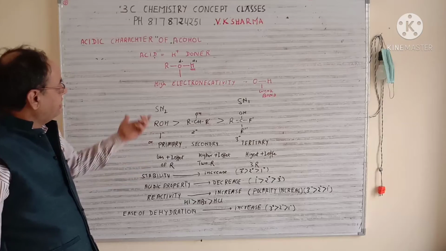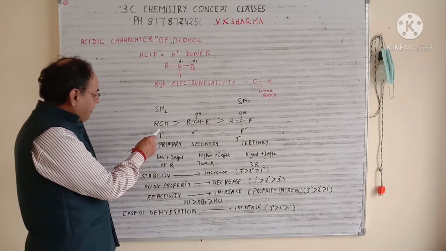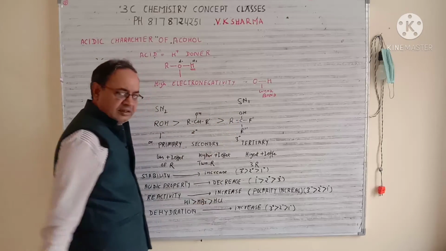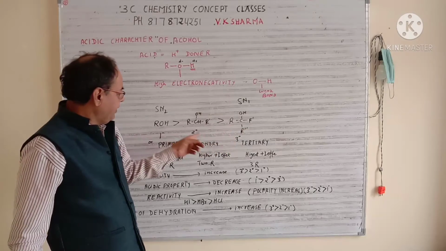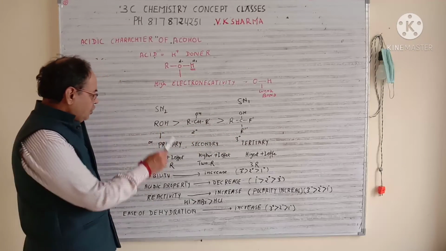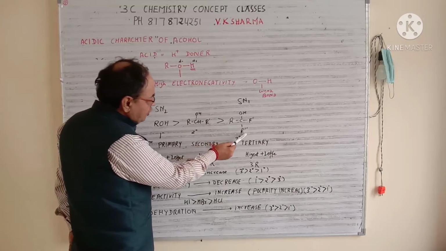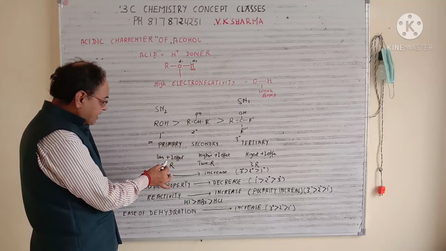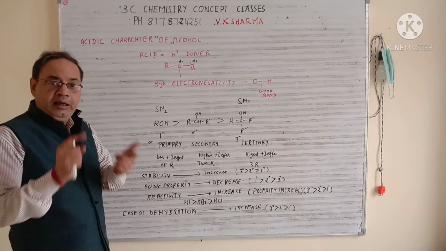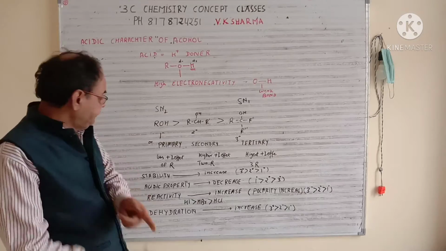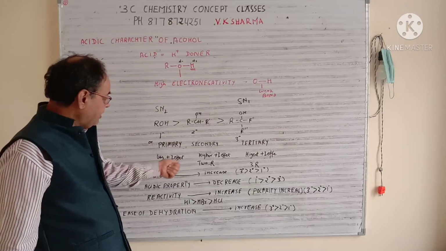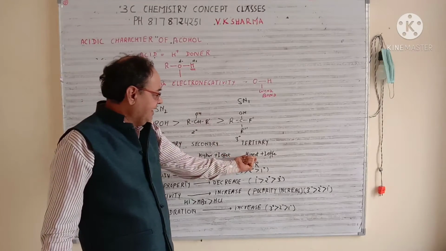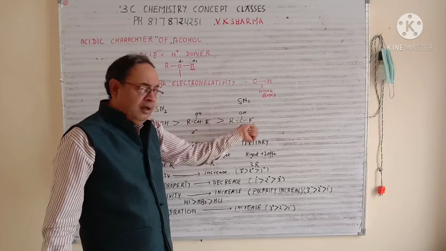Now, due to this acidic character and electronegativity of the OH, primary alcohol undergoes SN2 reaction, and tertiary alcohol undergoes SN1 reaction. So this is 3 carbon, this is 2 carbon, this is 1 carbon. This is primary alcohol, this is secondary alcohol, and this is tertiary alcohol. Now primary alcohol has a less positive I effect. An alkyl group always gives a positive I effect. So this gives you less positive I effect. This gives a little higher positive I effect because of the 2 alkyl groups, and this is the highest positive I effect because 3 alkyl groups are there.